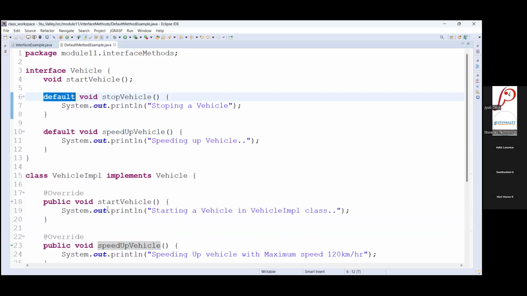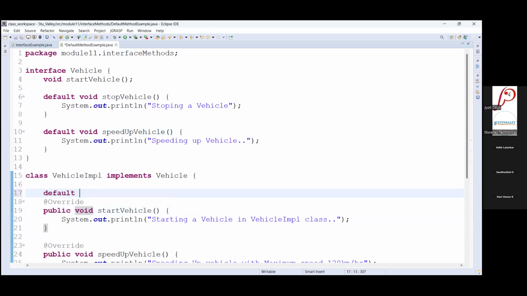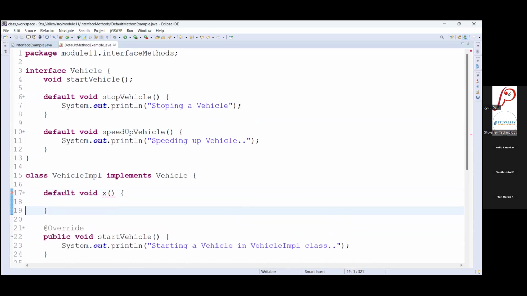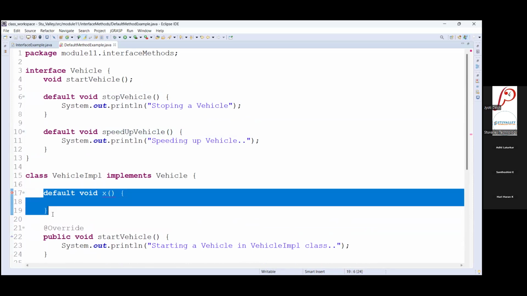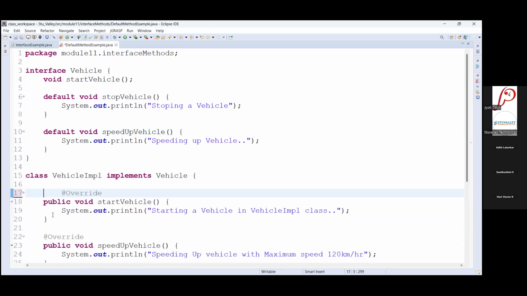Suppose you thought that you want to create any other default method inside this class, we cannot do that. Default methods are allowed only in interfaces, with the default implementation, and it is not related to access specifier or visibility control.